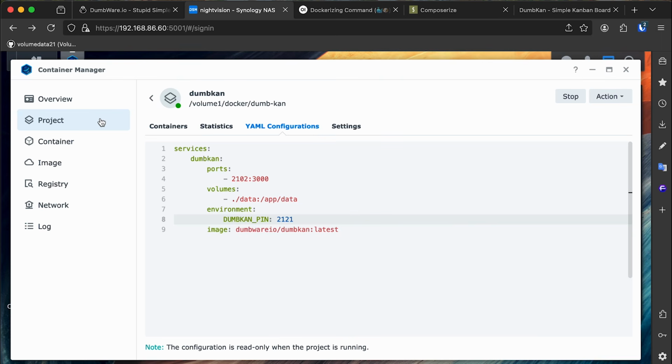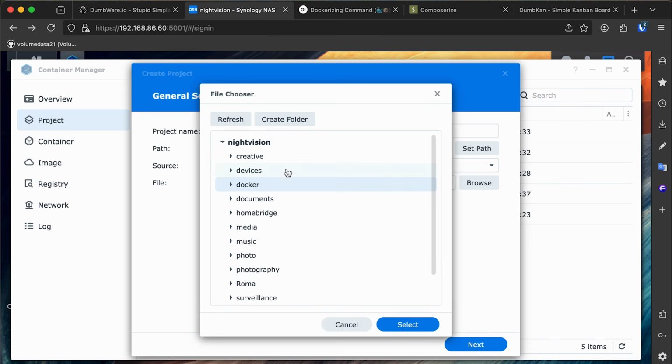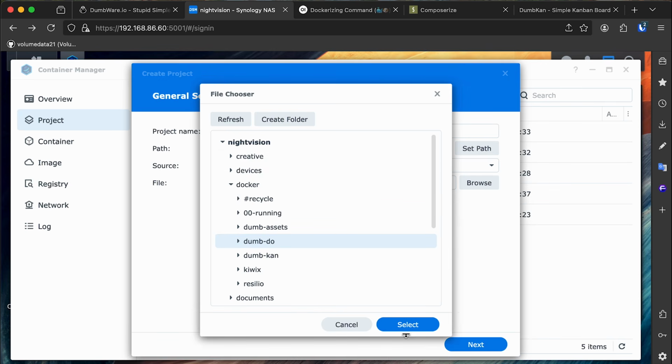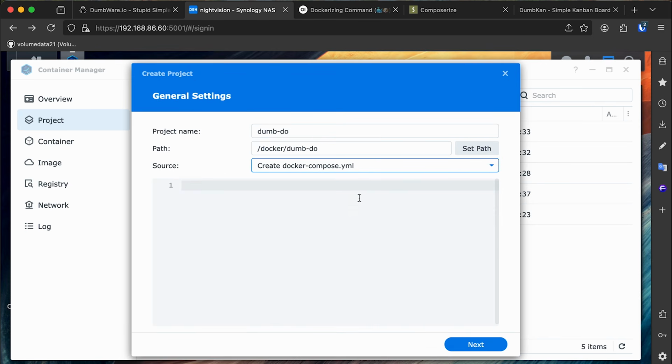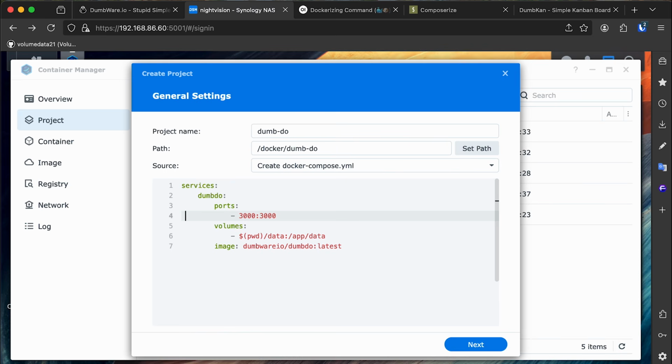Let me close out of here. I'll click project, create. I want this to be DumbDo, I believe, and then path. We will go to Docker, create a folder. We'll call this DumbDo. Select, we will create a Docker compose and paste that guy in. I don't need names, so I will delete that, and I will make sure that service is on the first line. DumbDo ports, let's change this to